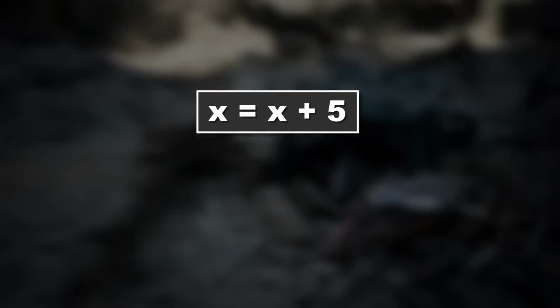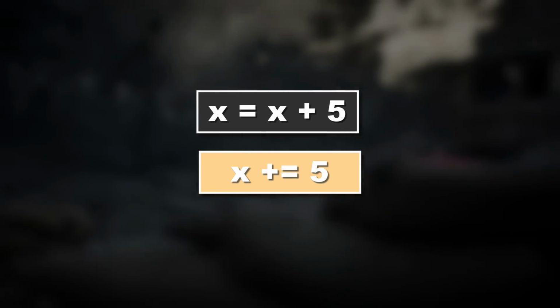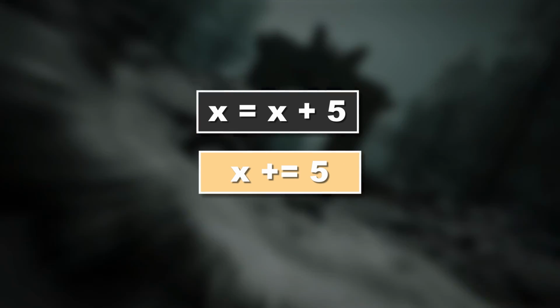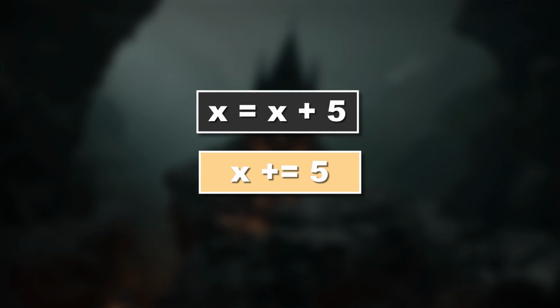As promised, I give you additional tools to spice up your assignment operator usage. Let's say we have the variable x and want to add 5 to it and store this new value in x. What we could do is write x equals x plus 5. However, there's also a shorter version how we can write it in code. Basically implying that we want to add 5 to x and then store the result of this calculation as the